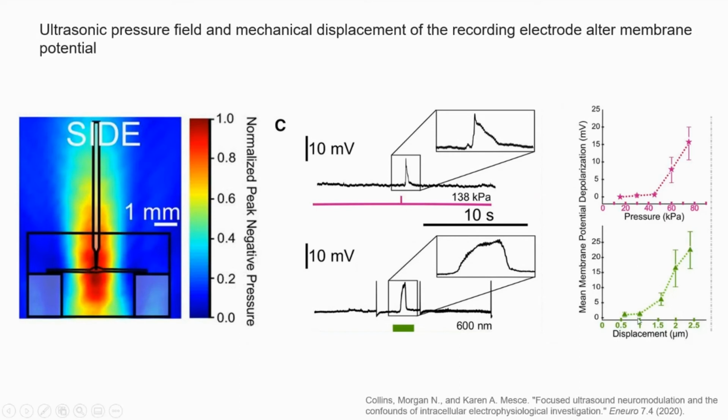And here you can see, he very well mimicked what he saw in terms of depolarization by increasing ultrasound pressure with simply displacing the pipette a number of microns. I would argue that neuromodulation is probably still very possible in this prep, and that he had to use very low pressure, 60 kilopascals, 80 kilopascals. I would really not expect much of a neuromodulatory response at that pressure, but it is nice that they highlighted these artifacts that you can get in that low range.